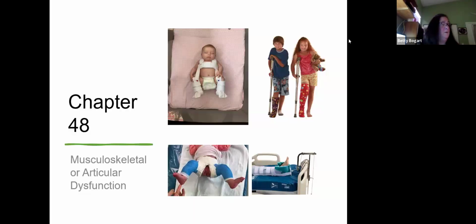So this week we're doing chapters 48 and 49: muscular, skeletal, and neuromuscular. There are some pretty different diagnoses in here, and we'll go over some of them. Actually, some of you did this neuromuscular dysfunction, Duchenne muscular dystrophy, one of the most commonly tested of all the neuromuscular ones. There is a case study to do, there is a dosage question, a discussion question to do, and